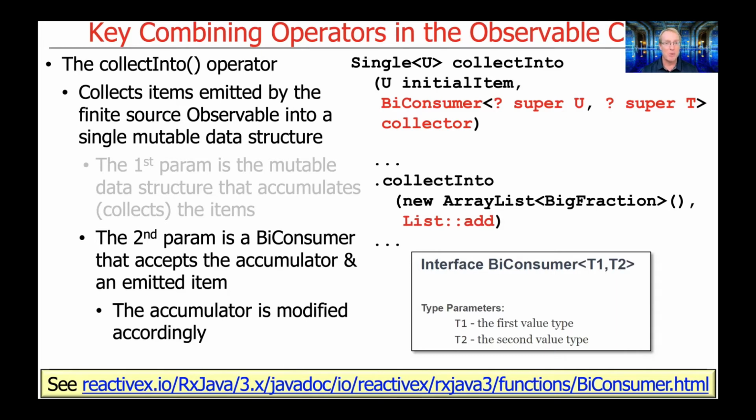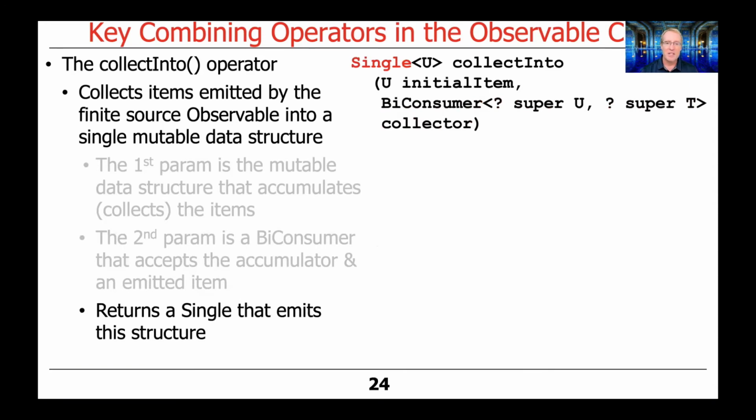And then, of course, the accumulator will be modified accordingly. So as you can see in this example, we're going to pass in the add method on list, which will be used to add each new element to the array list that we passed as the first parameter. A single is returned that will emit this mutable data structure, which in this case would be